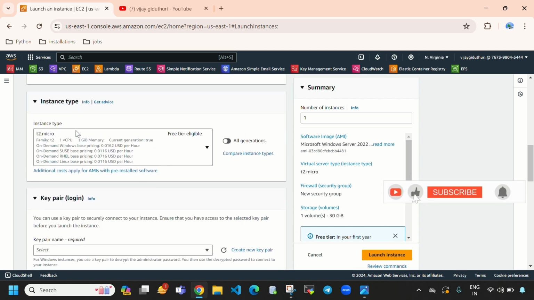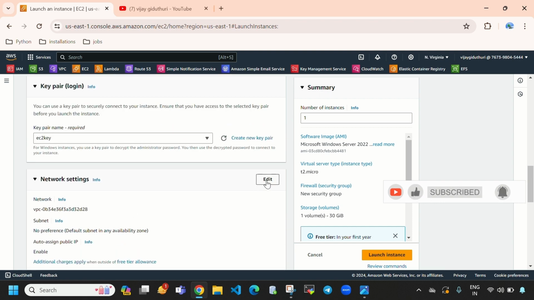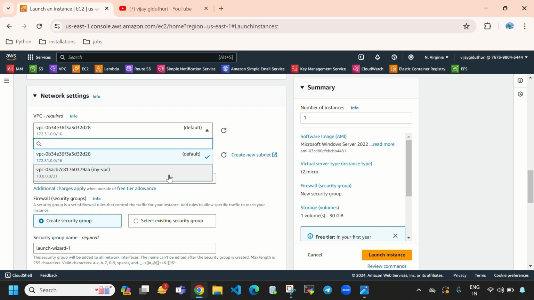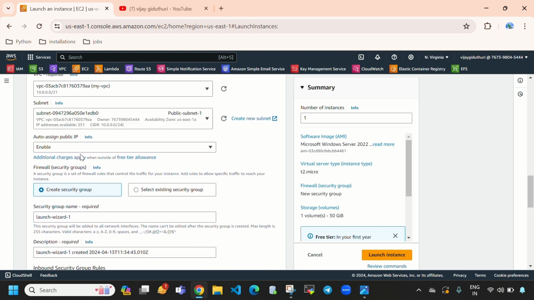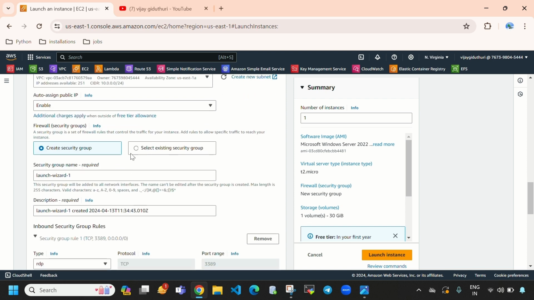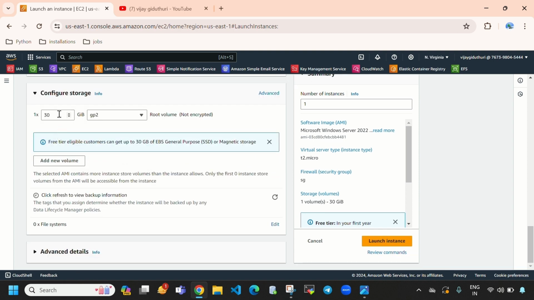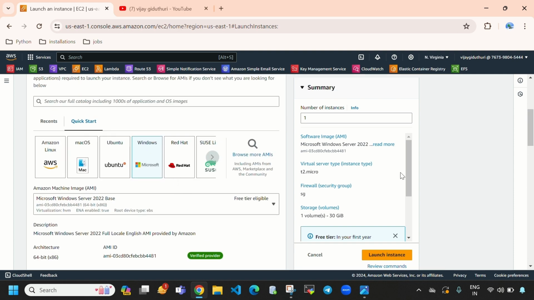And here you can see instance type t2.micro is enough, and we're going to select key pair EC2 key. And in network settings, we need to select VPC and we need to select subnet. And always we need to keep this enabled, because when we keep this disabled, an IP will not be allocated for this Windows EC2 instance. And we need to select security groups. By default, when we select Windows, the default storage is 30 GB, and directly we can launch with this. Let's select launch instance,